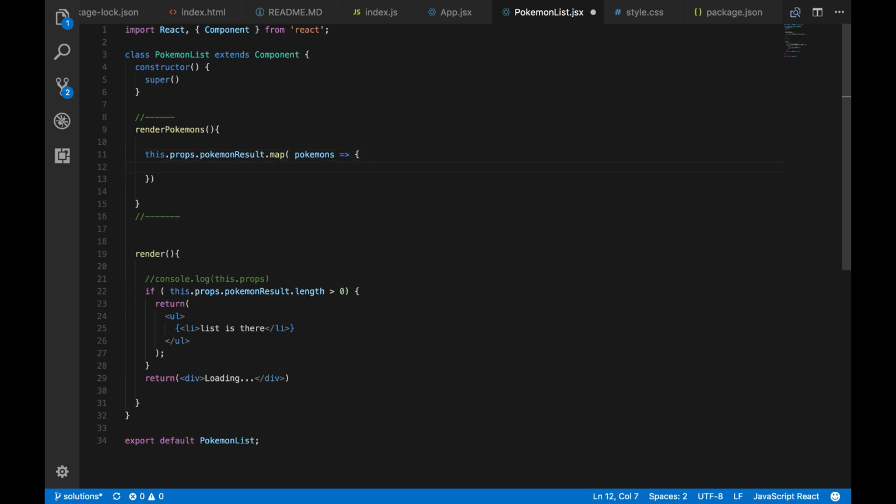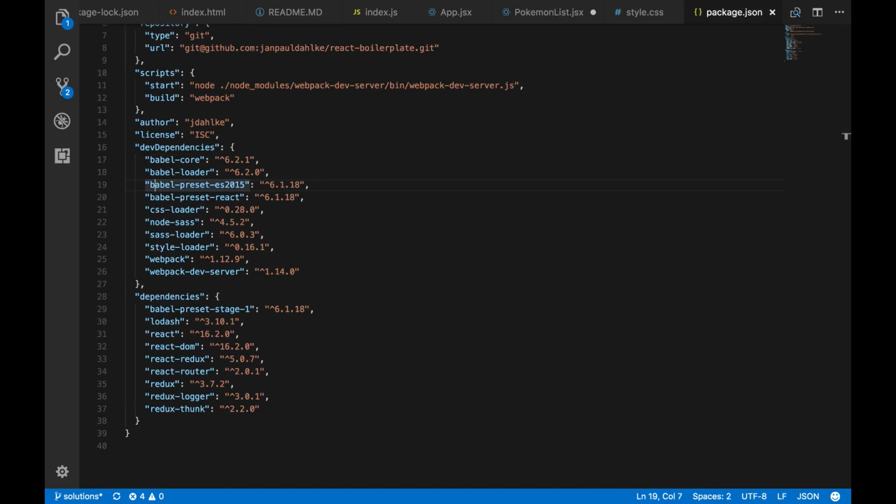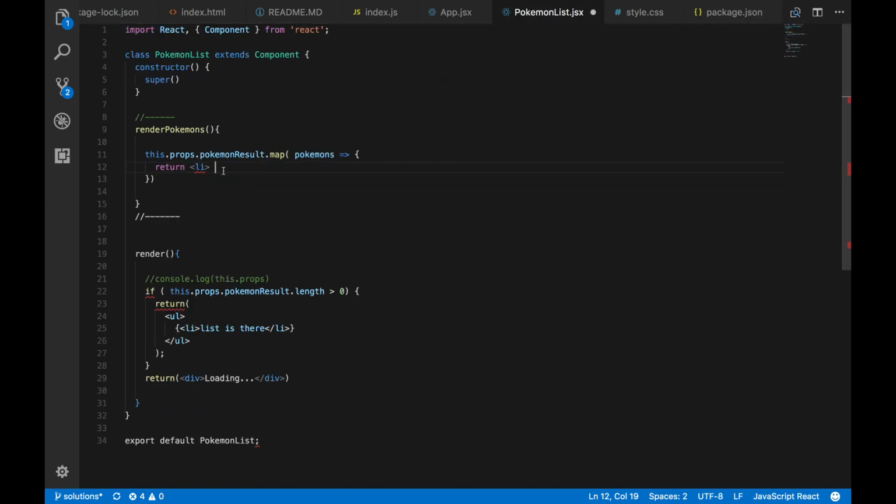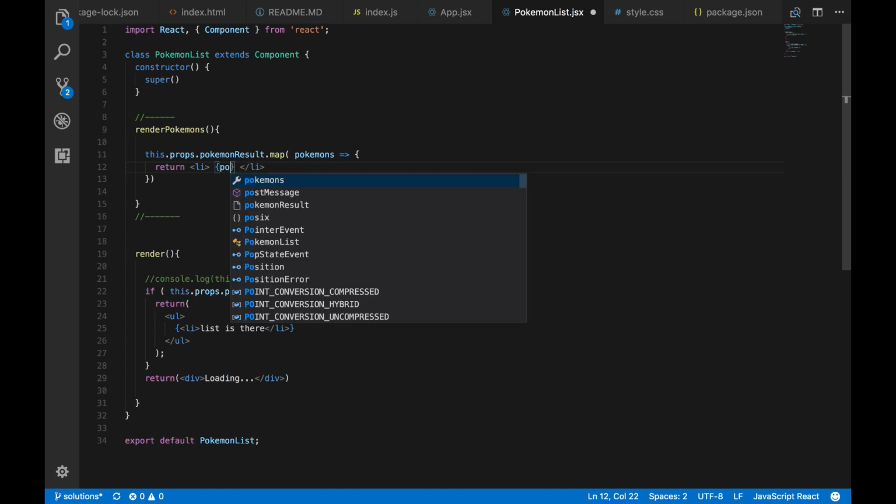I'm going to use a fat arrow, and then I'm returning, let's say an li, and in this li, sorry, I'm pressing the wrong button all the time. In this li, I want to